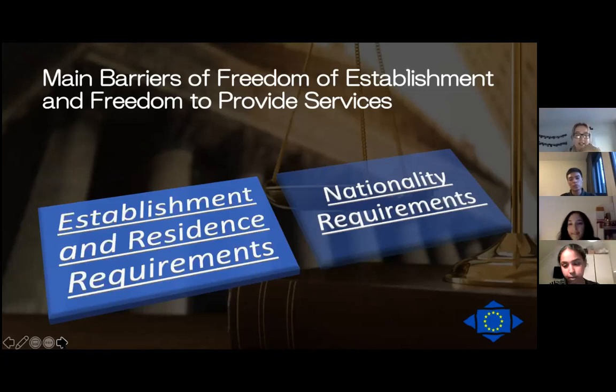On to the nationality requirements. The obligation to have the nationality of a member state in order to exercise a profession or operate a company makes free movement of persons and services impossible. Though it is forbidden for member states to make a distinction between nationals and non-nationals, this discriminates between them, and it is not limited to the government. It also applies to the relationship between two individuals or between a sports person and a sports federation.